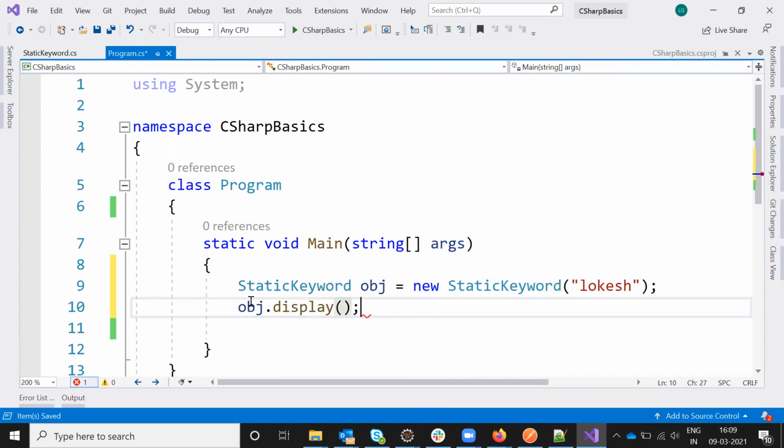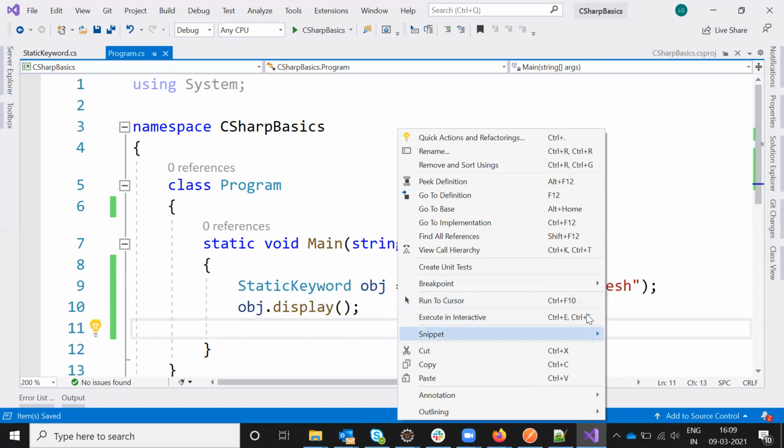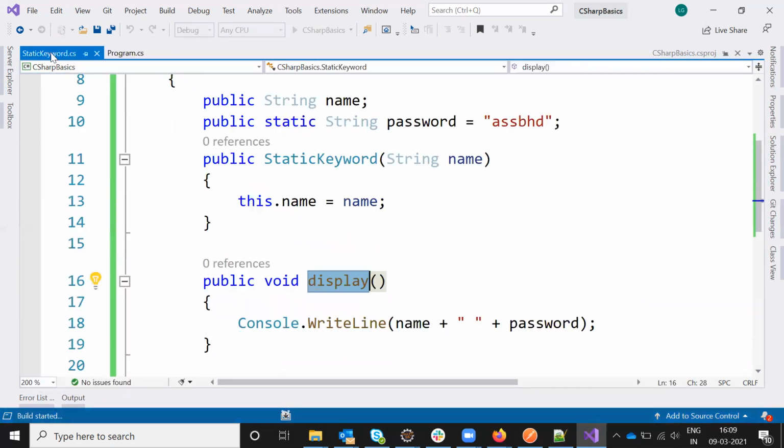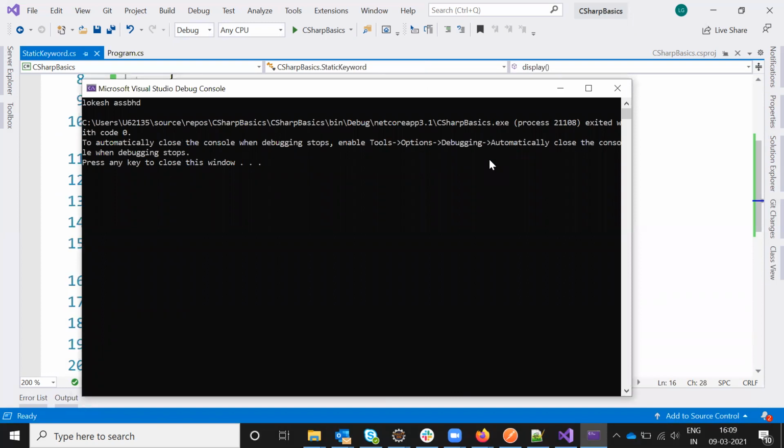The name is used here, and I'm going to print it, and here I passed the value password, right? By default it will provide those two values.